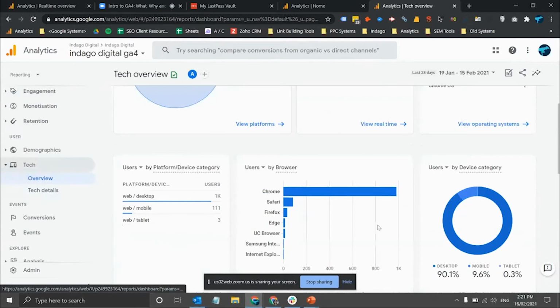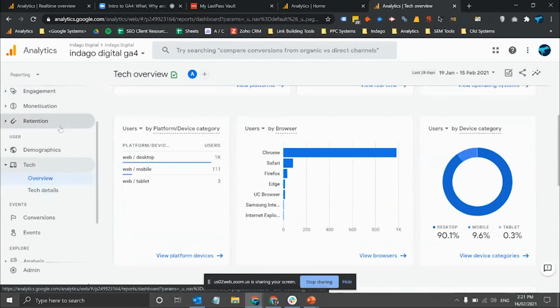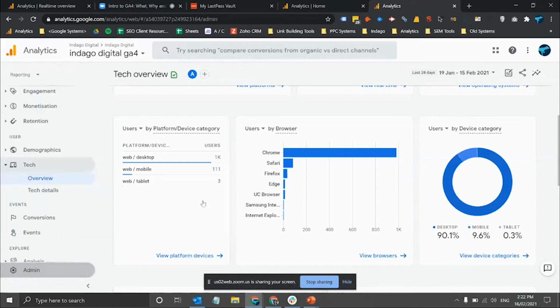This is what it looks like. And as you can see, these sections are very limited. There's only about two or three subcategories under these sections compared to the Universal version where really there's a lot more available. So I think that's why Google is really saying don't rely on GA4 at the moment for all your reporting. Set it up and just let it collect data and then understand the platform, how it works, etc. There's a couple of changes that I wanted to show, which are under the admin section.